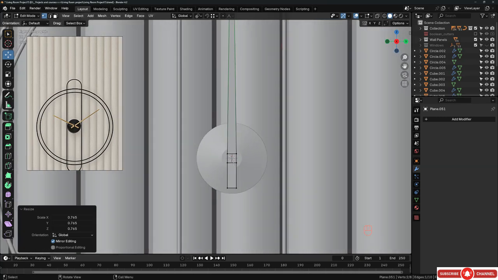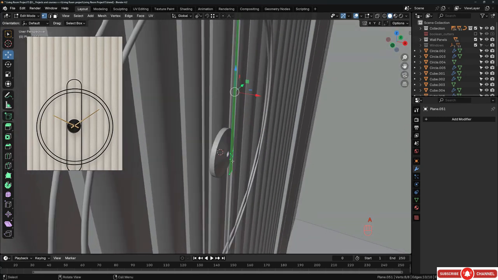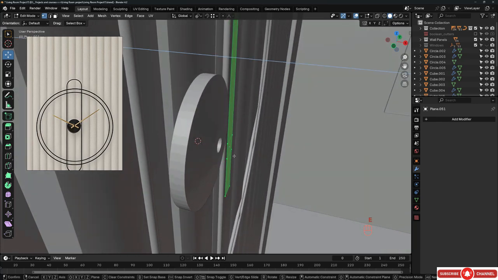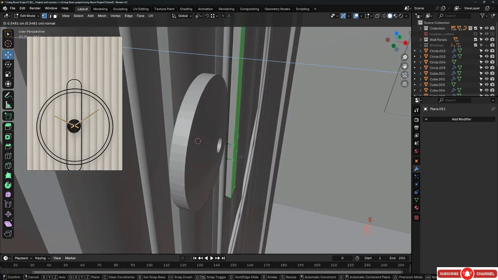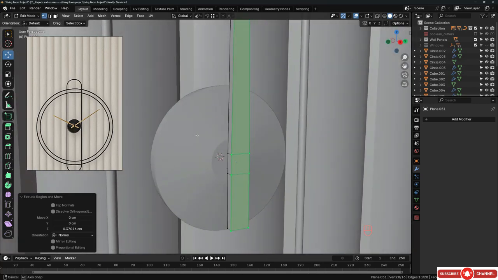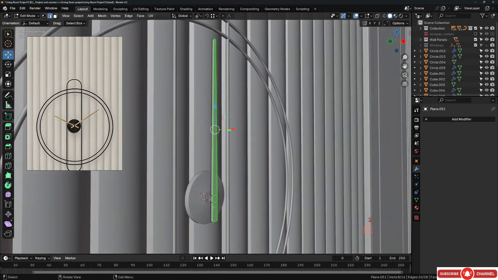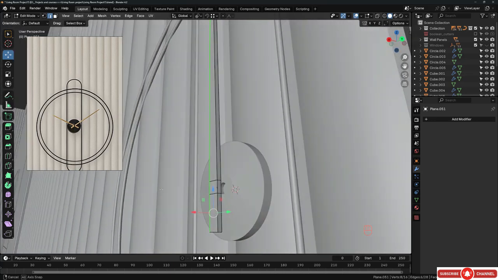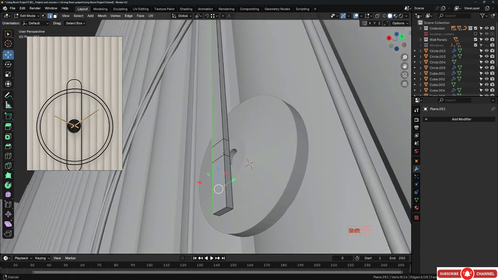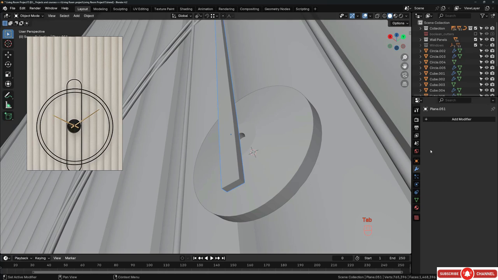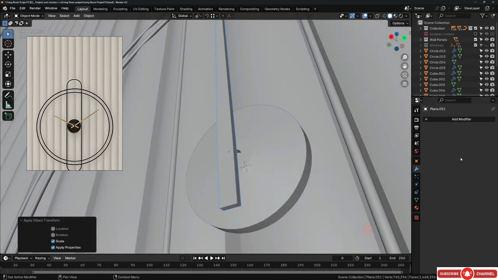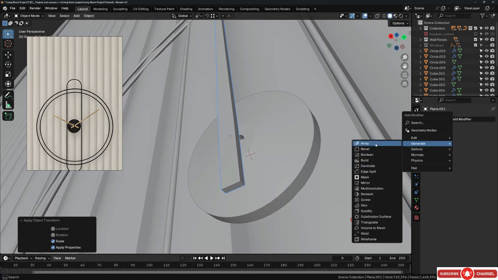All right, that's very cool. And now you can give it a thickness. So let's hit E and extrude this out like that. All right, after that, we can grab these edges and bevel them. You can use bevel modifier. I prefer using bevel modifier. So let's apply the scale first in case, I think we didn't scale it. We changed the number. So now we can add bevel